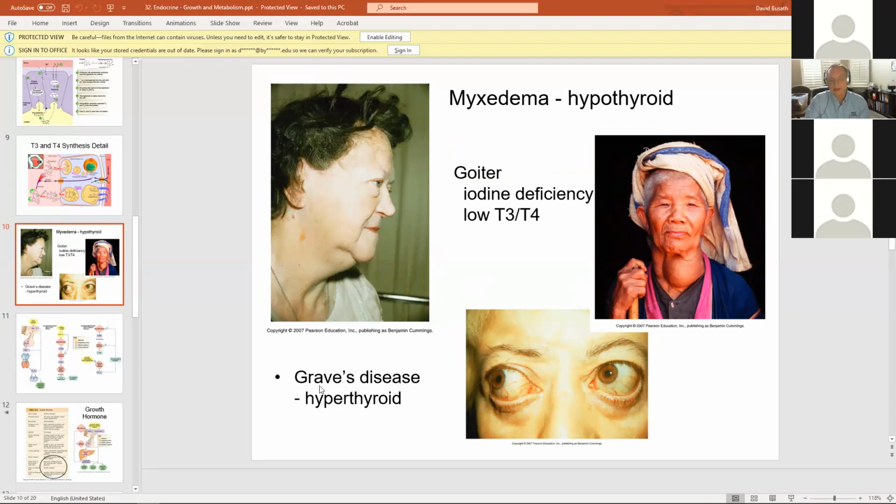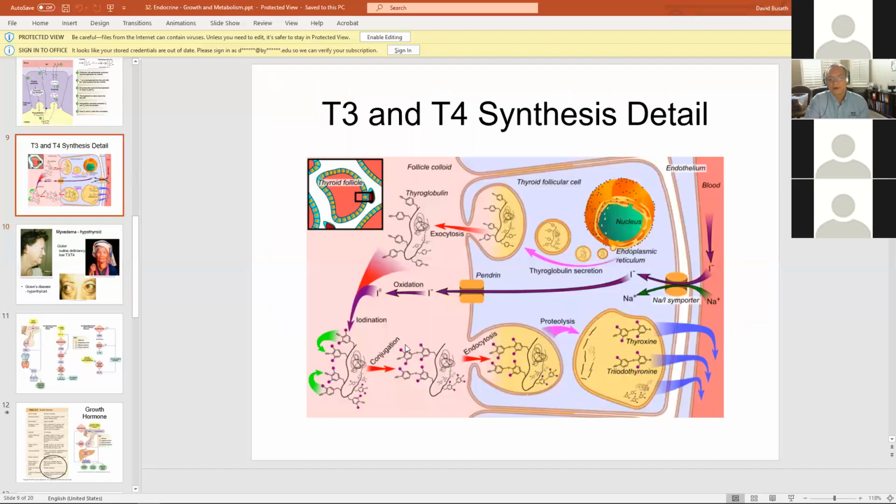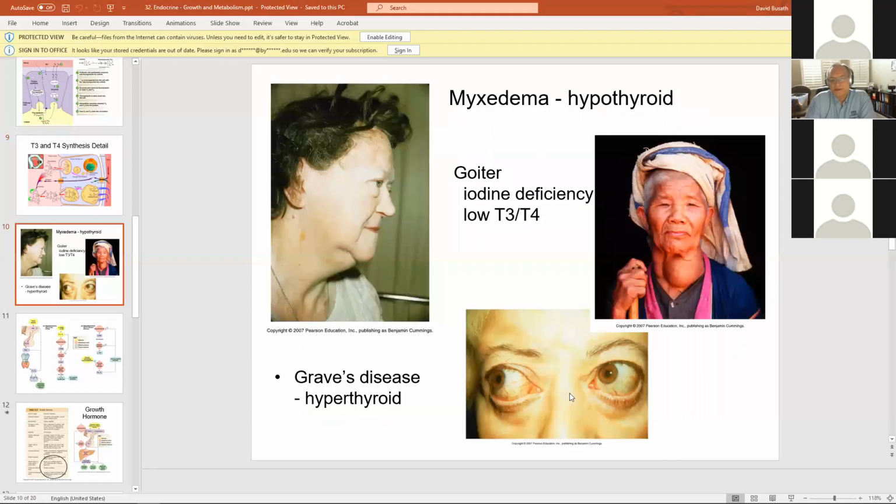Because of antibodies. It's an autoimmune disease that stimulates the production of thyroxine, which is tetraiodothyronine, or triiodothyronine with 3 iodides. Triiodothyronine, T3, is a little bit more effective than thyroxine in the bloodstream, but they both bind to the same thyroid hormone receptors and have the effect of increasing metabolism. So a person with Graves' disease, their eyes would be bugging out because of the specific